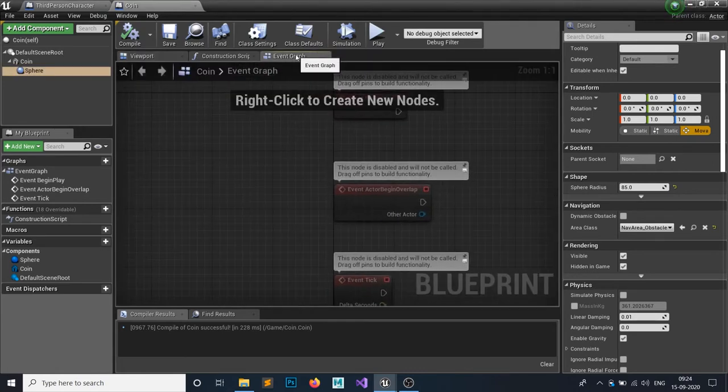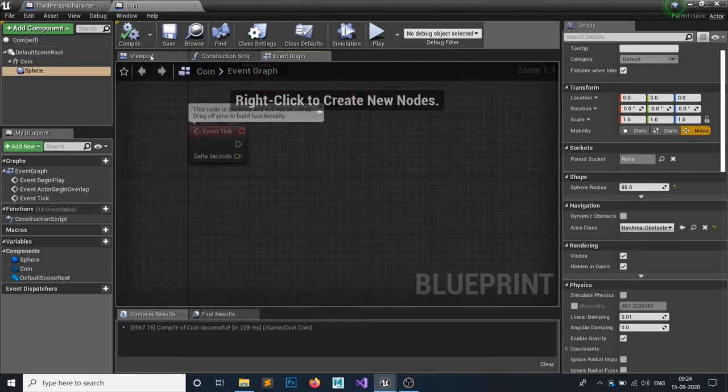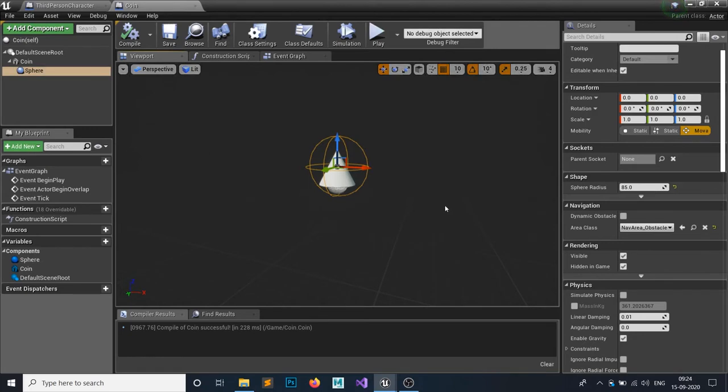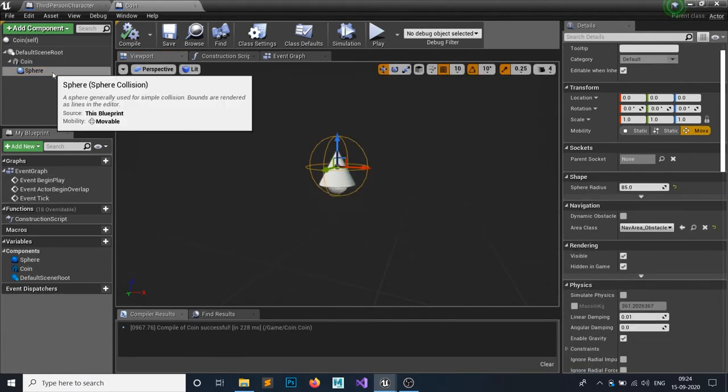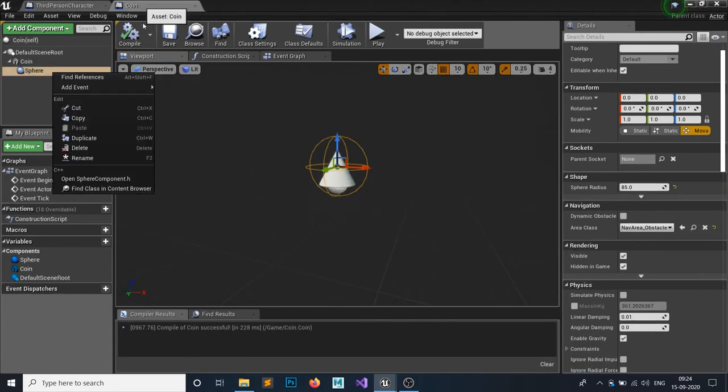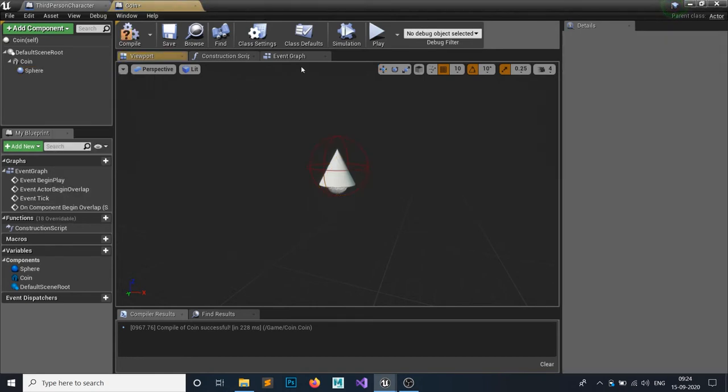After that, whenever our player's character overlaps with this coin, it should move towards our player character. You can see we have made this seeker collider, the radius one. This only works if you have a magnet. If you don't have a magnet, you don't want to catch it from a distance, so we're gonna disable it, right? Right click on your sphere on your coin and add an event called On Component Begin Overlap.